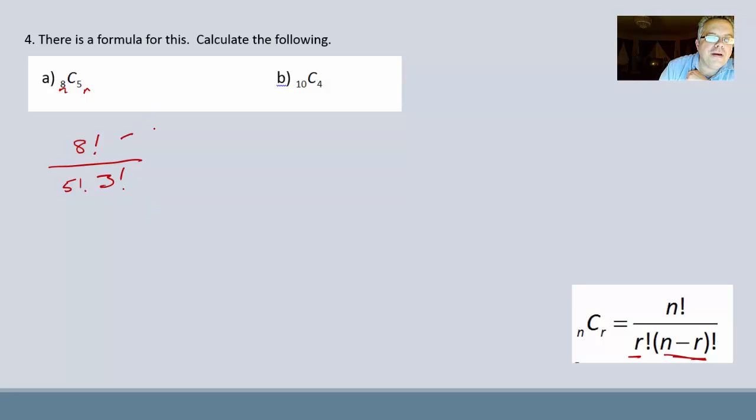Now, 8 factorial is what you get when you do 8 times 7 times 6 times 5 times 4 times 3 times 2 times 1. And 5 factorial is what you get when you do 5 times 4 times 3 times 2 times 1. 3 factorial is 3 times 2 times 1. Now, you might be saying, Mr. Miller, that's totally fine. I'm okay using my calculator, and I'm totally cool with that. But let me just figure out